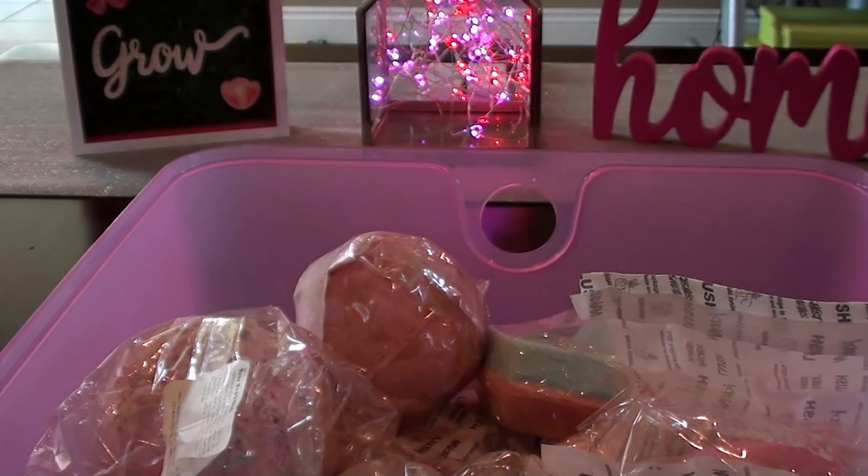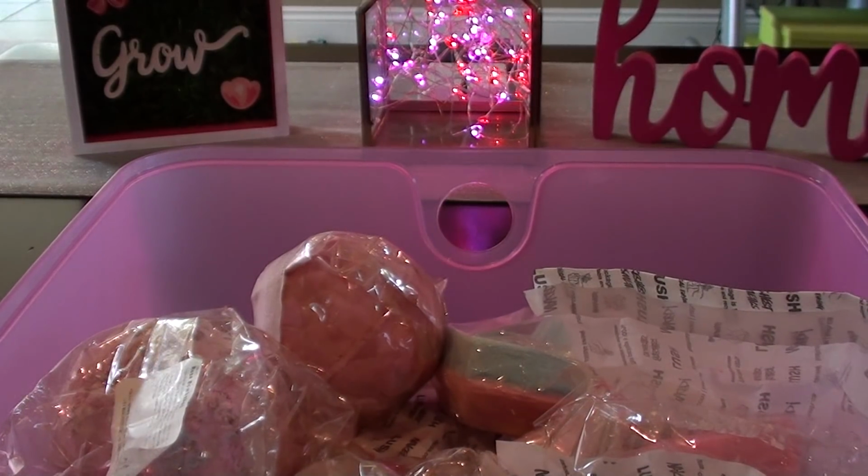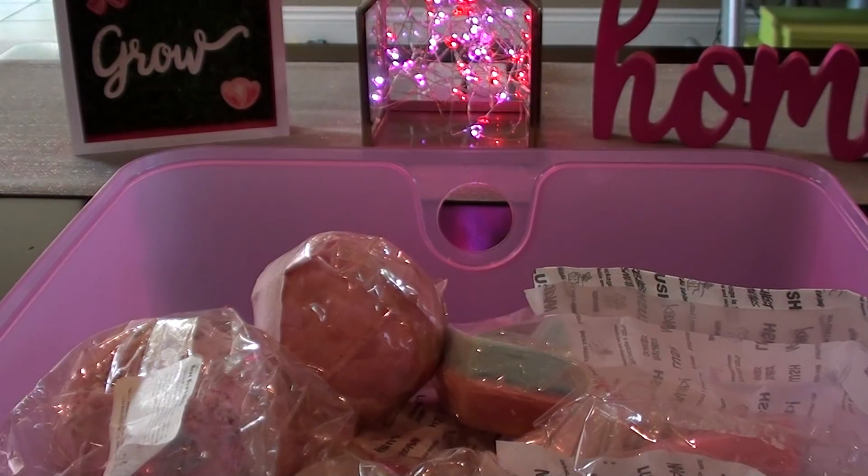So I was watching her Lush basket, and I was like, I have kind of the same thing going on. Well, it's not quite the same. It's storage that's been sitting in my room, and I just don't have anywhere to put it. I have zero room. You guys know I showed the bin that I bought to hold my VCS stuff